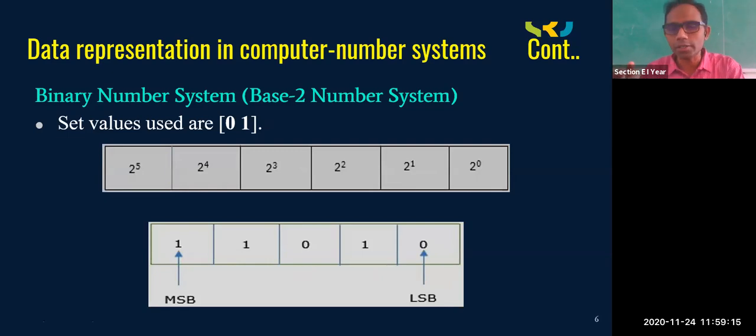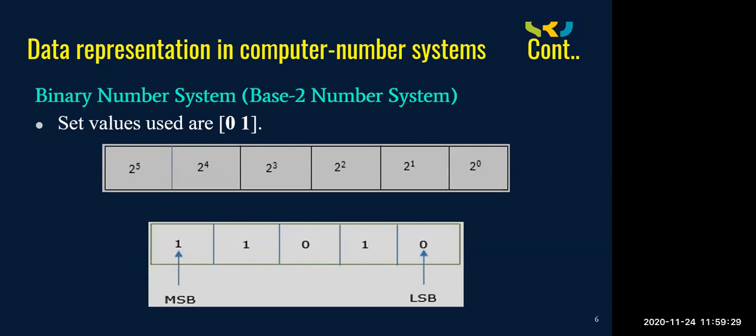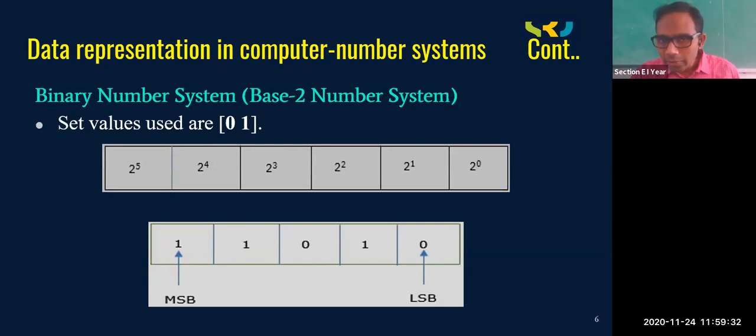This is the terminology, how we are saying. Rupees, dollars, euros, all this is terminology for currency. In the same manner, in bits, the terminology is least significant bit and most significant bit. So here you need to concentrate that the number starts from 2 to the power of 0, 2 to the power of 1, that is 2, 2 square is 4, 2 cube is 8, 2 to the power of 4, and 2 to the power of 5, and so on, up to a given number.